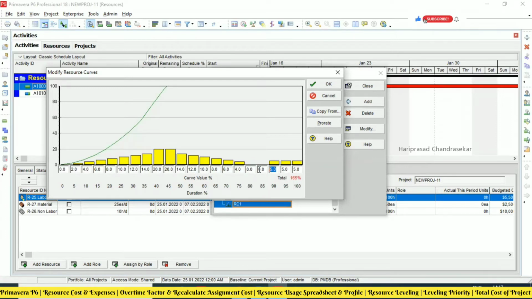Okay, I will put 0, 0 like this. But still it is like 150%. Now it should not be 150%, it should be 100%. Then you can click prorate. Prorate means it will automatically get adjusted.